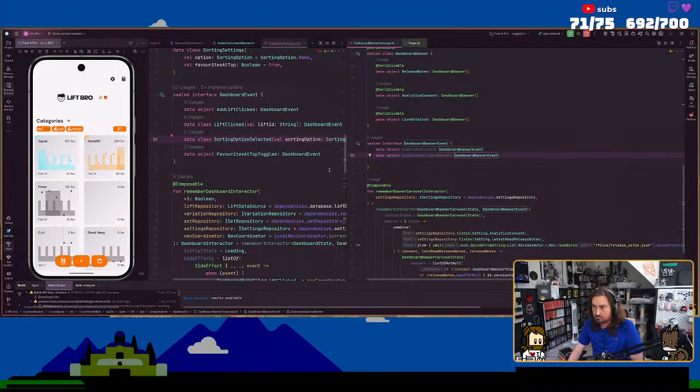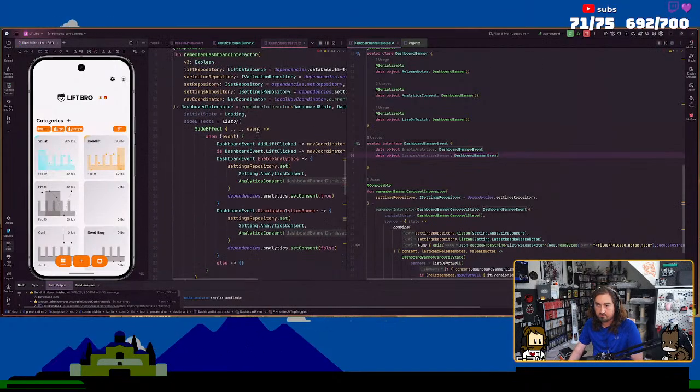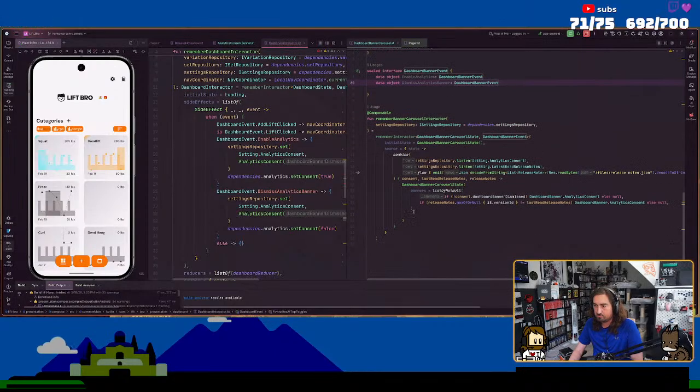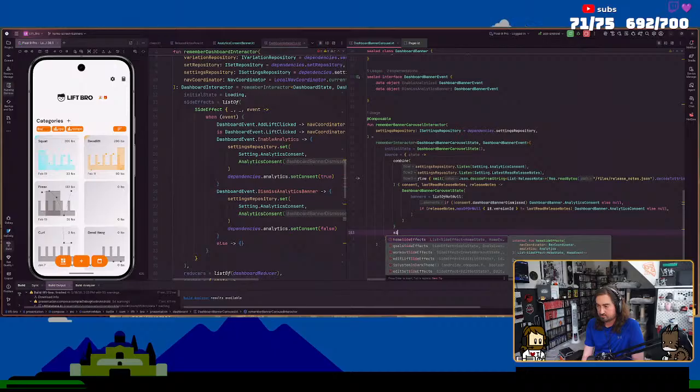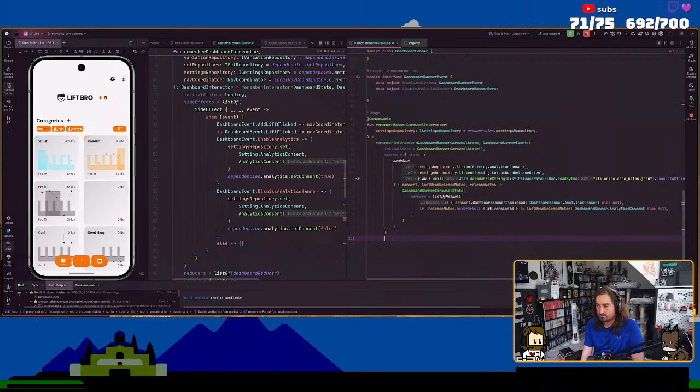There we go. So now that's going to error, but what I really want to do is create a side effect, or no, I don't want to put that there. I want to create side effects. I don't really like that I have to do the list of.